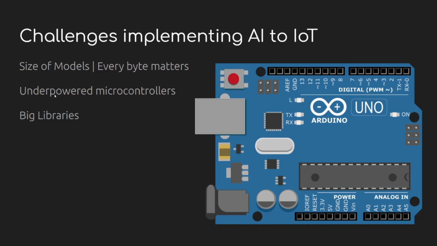Then the next problem is that this is an underpowered microcontroller. It does not throttle like your computer. What our computers will do is, suppose you push it very hard, like right now I am pushing it very hard, my computer fans turn on, it will clock the CPU at a higher rate, maximum RAM will be allocated, those kinds of things will be done. But that is not possible in these microcontrollers, because they have very limited device capability. That should also be taken into consideration while implementing artificial intelligence or machine learning models into IoT.